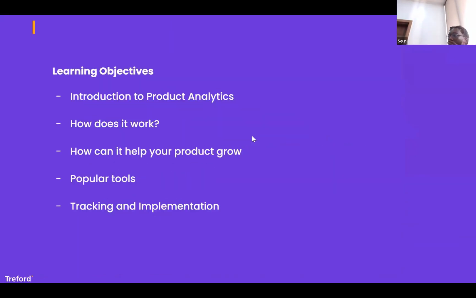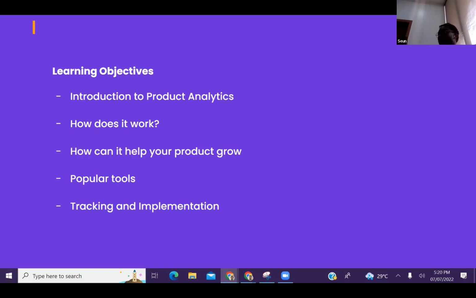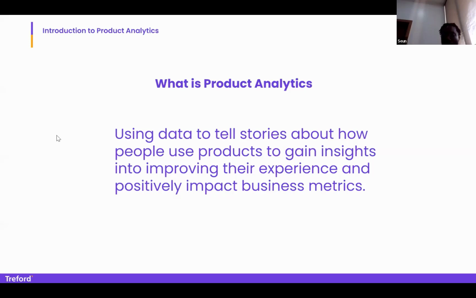Yeah. So, first off, for today, we're going to be looking at an introduction to product analytics, right? The learning objectives: How does it work? How does it help your product grow? What are the popular tools, and how do you track and how do you implement effectively, in such a way that you can effectively measure, not just measure now, measure and monitor what users are doing